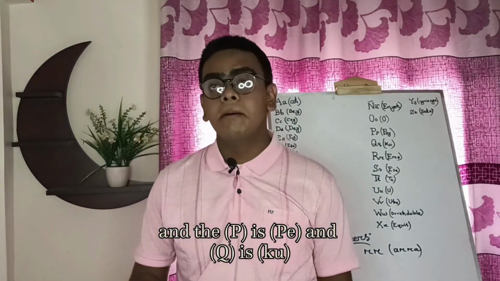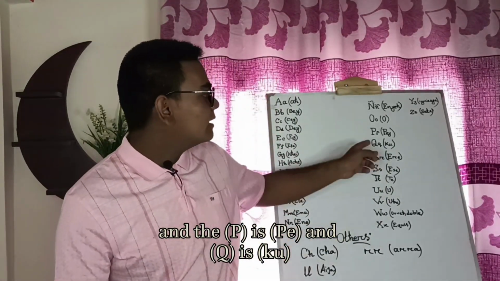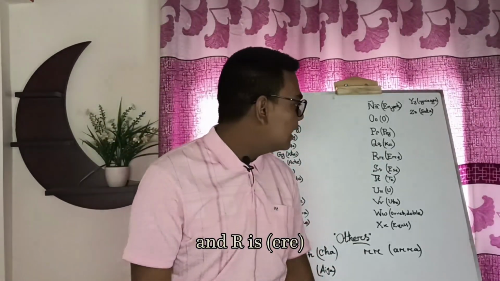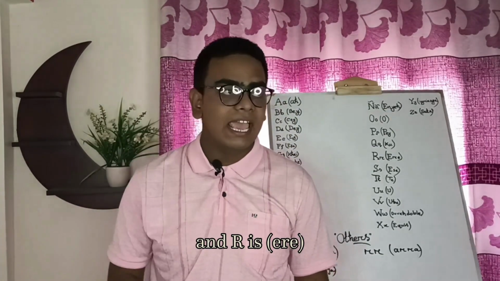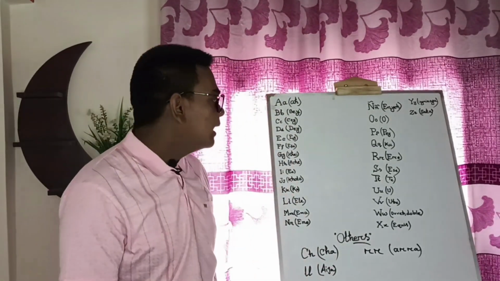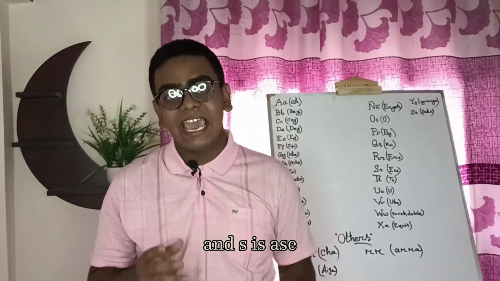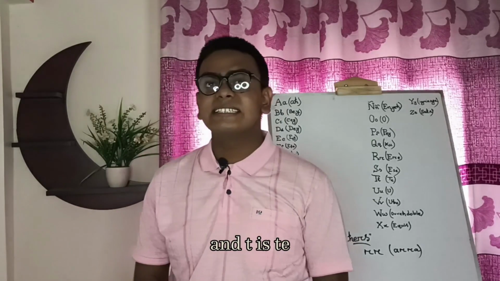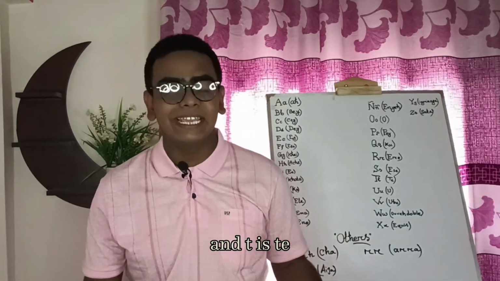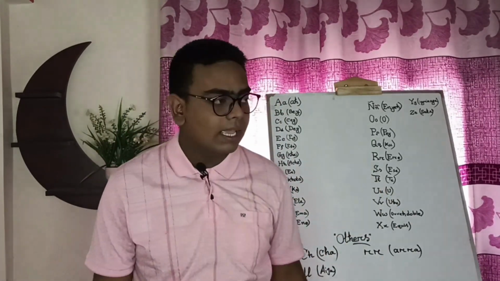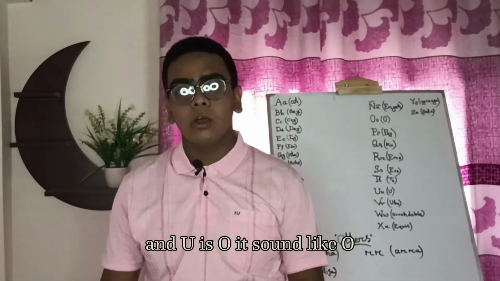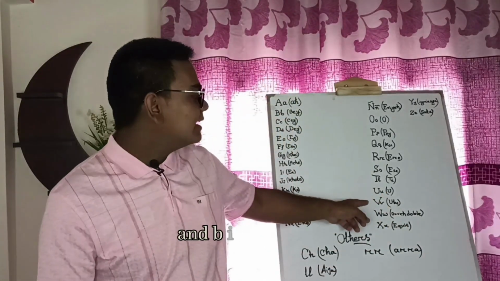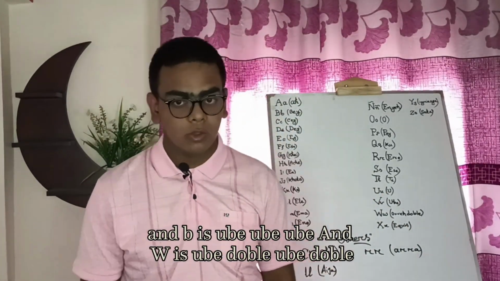And P is P, and Q is Q, and R is R, and S is S, and T is T, and U is O. It sounds like O, and B is Ube,